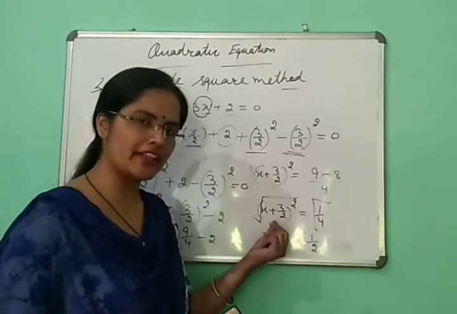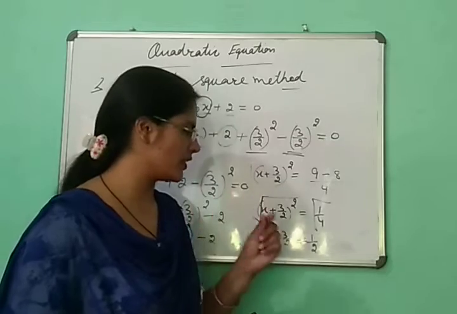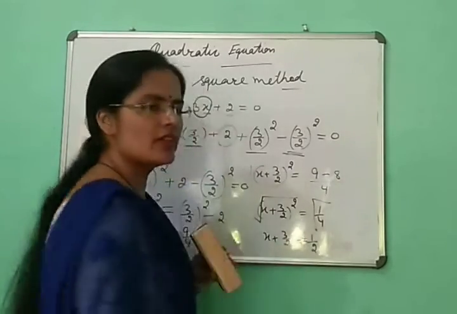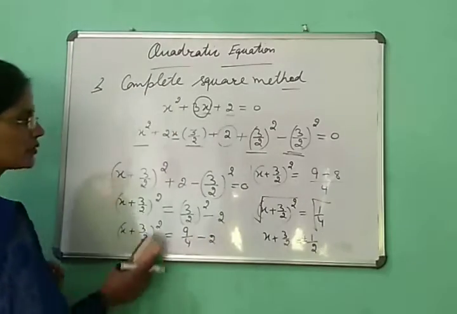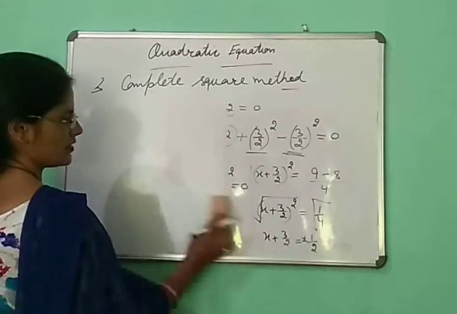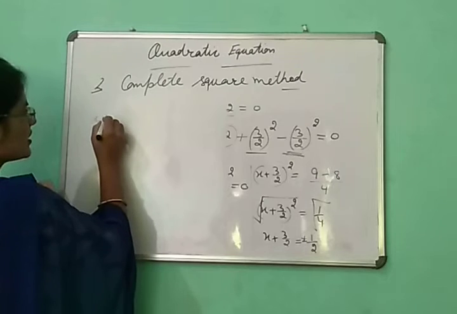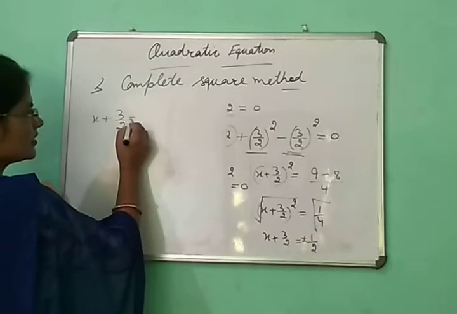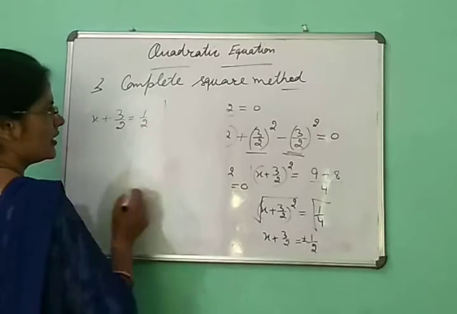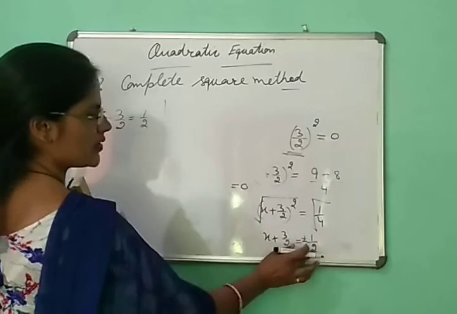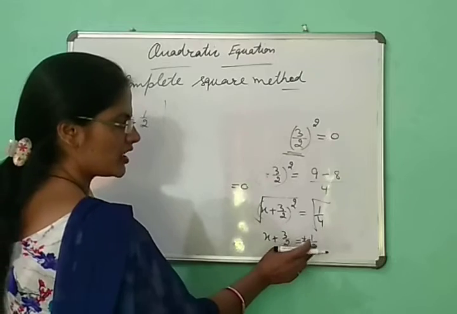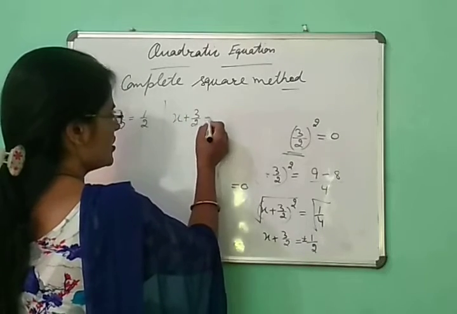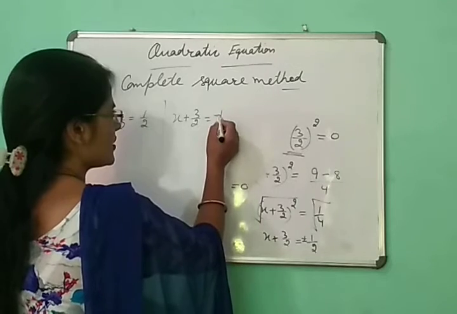This one is a quadratic equation, so we get two zeros of the quadratic equation. So we put here the sign plus minus 1/2. Now just equate these terms. x + 3/2: first take plus 1/2, and then take minus 1/2. First time take plus 1/2, second time take minus 1/2. x + 3/2 is equal to minus 1/2.